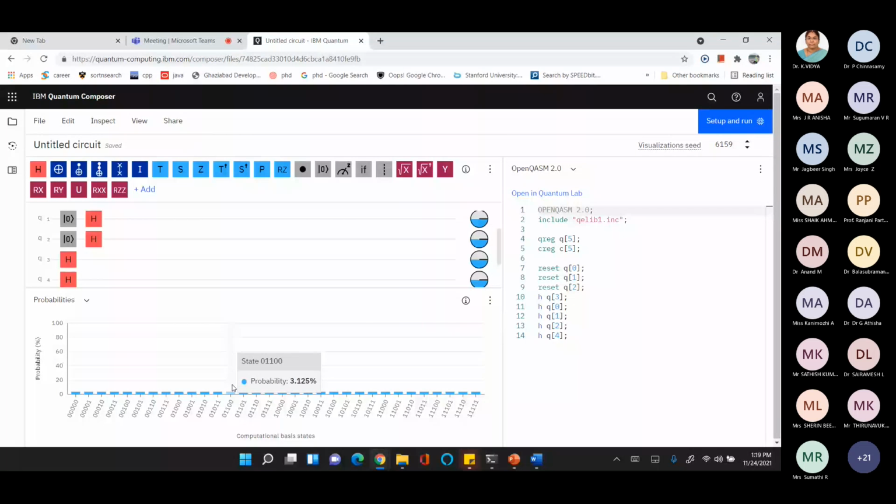Sir, this was the doubt that I was asking earlier, like how to distinguish between these, because in superposition all these states are existing simultaneously, no, sir. That was my doubt actually. Thank you, sir. Yeah. Thank you.